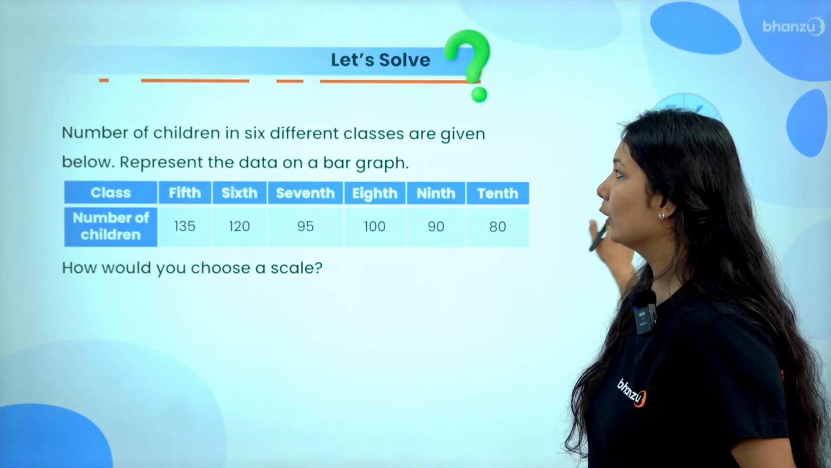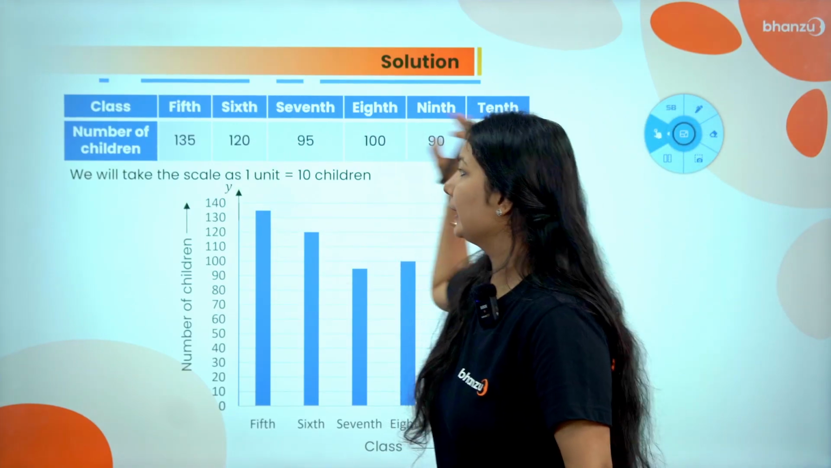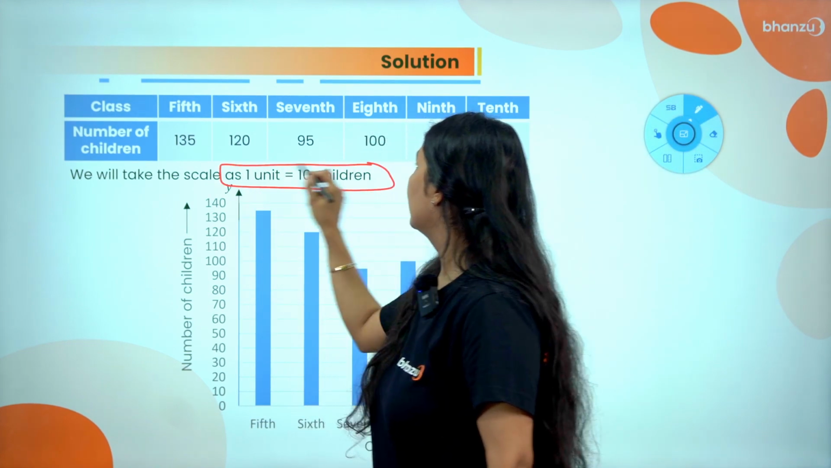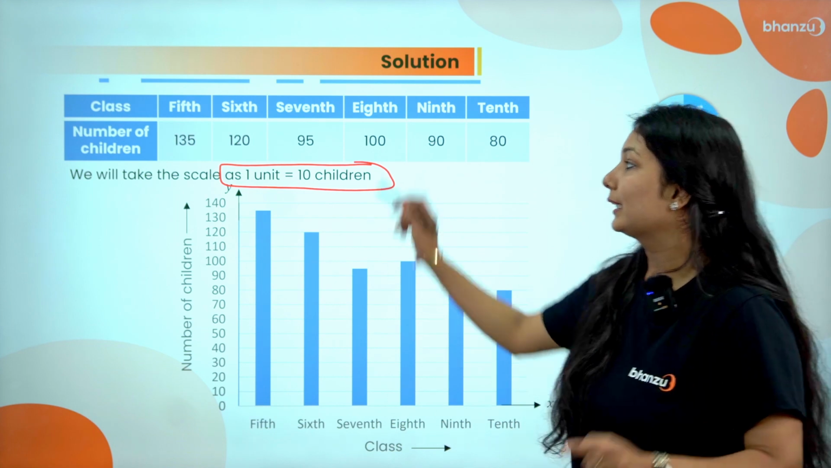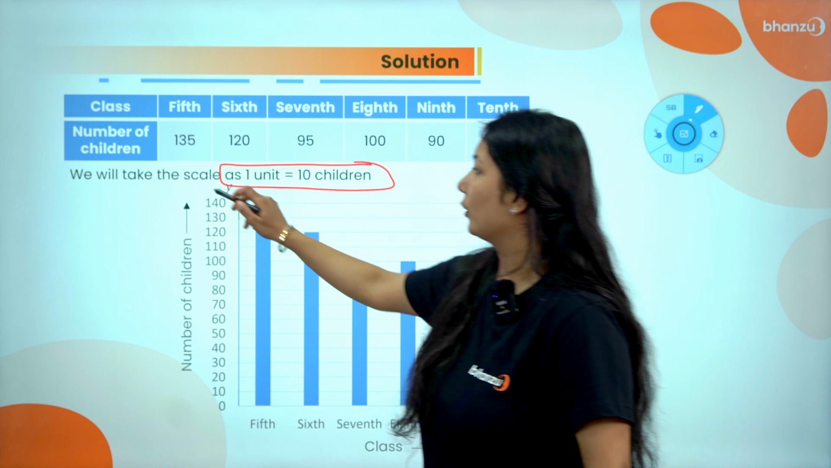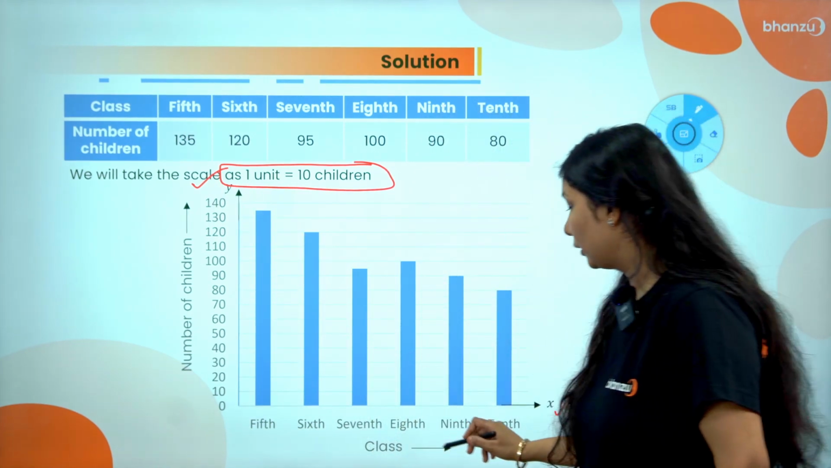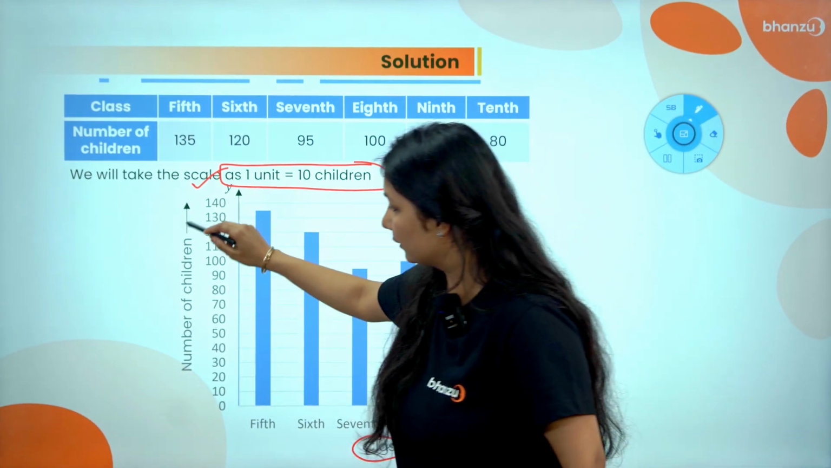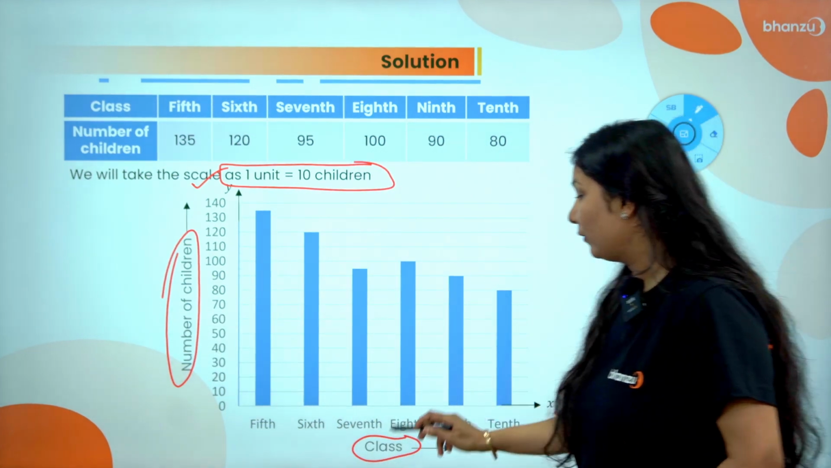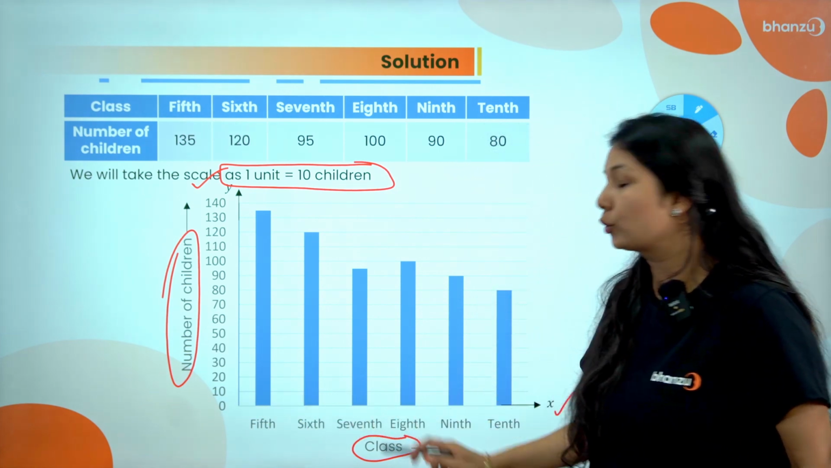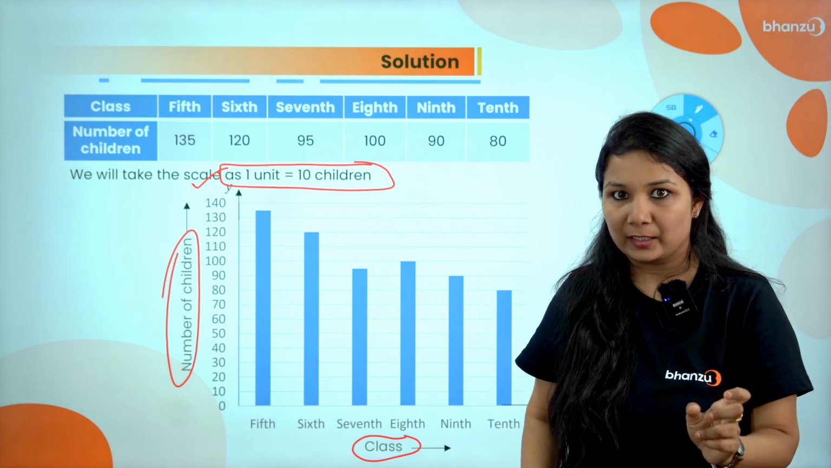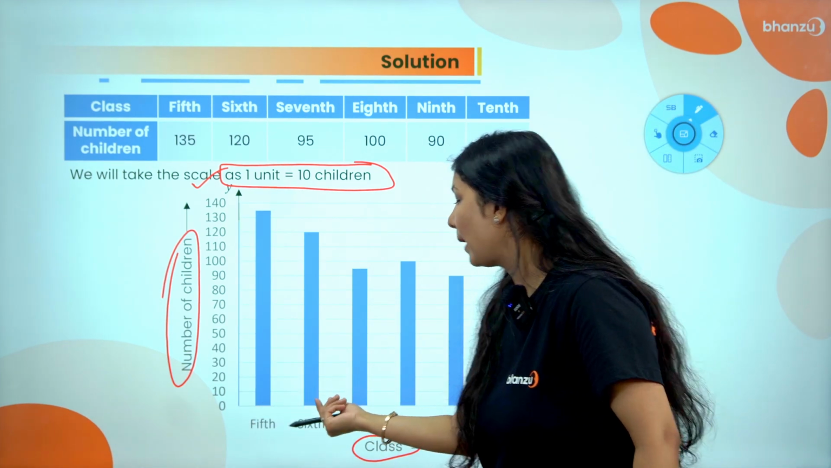Yes, and it would be neat also. So let's see. So this was our data. So as you can see, we have taken the scale as 1 unit is equal to 10 children. So the classes we would represent on x-axis and the number of children on y-axis. Do not forget to mention the titles, what are we making on x and y-axis. And the most important thing, the gap should be equal. The gaps between 2 bars should be equal, right? And the width of the bar should be equal,